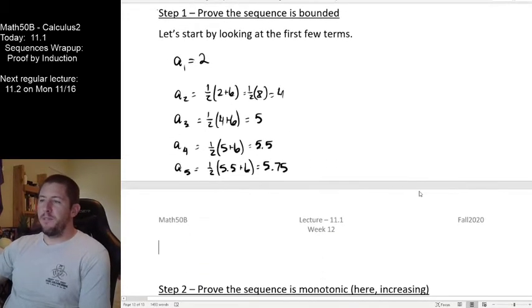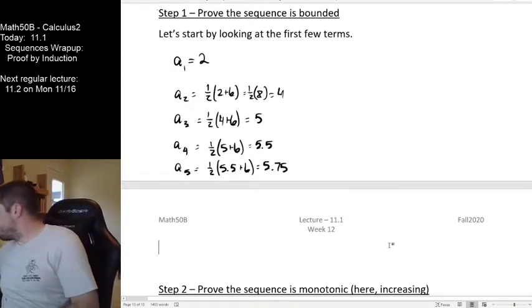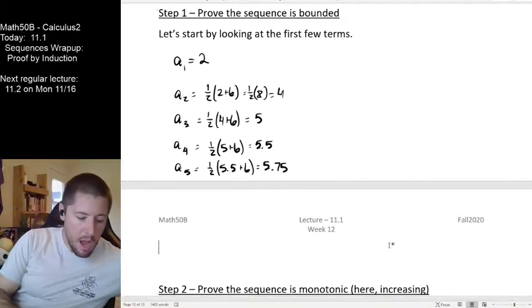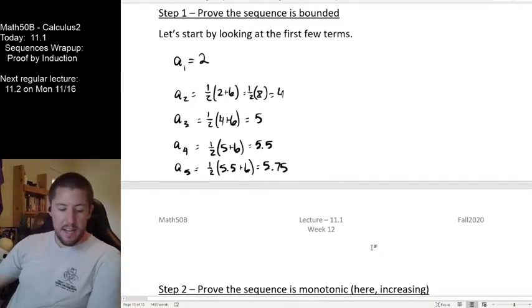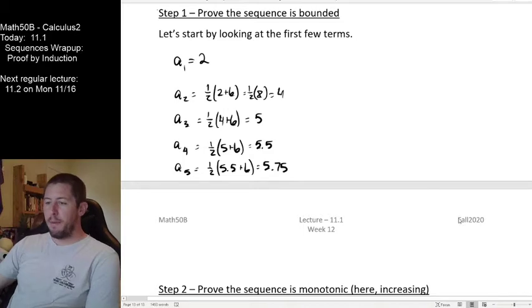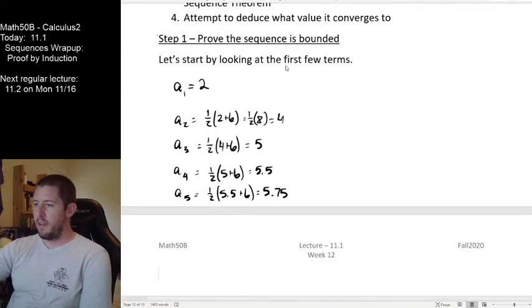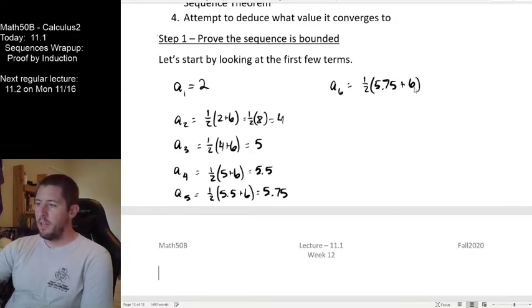So we started by looking at the first few terms here. So we want to show that the sequence is bounded. So what are we going to do to show that a sequence is bounded here? Well, let's prove by induction that this has some upper bound. So maybe what I want to do here is compute a few more terms, just to make sure that I feel absolutely good about this. A6 is 1/2 times 5.75 plus 6. This will be 11 3/4, and so we should be getting 5 7/8 right there, which would be